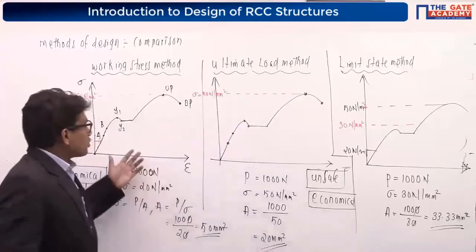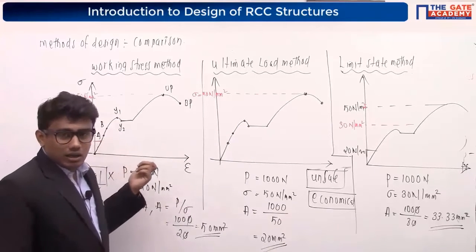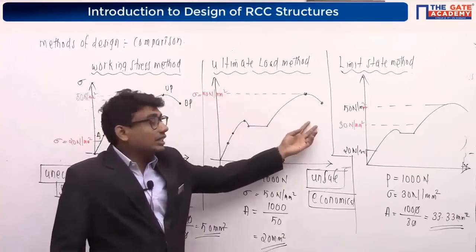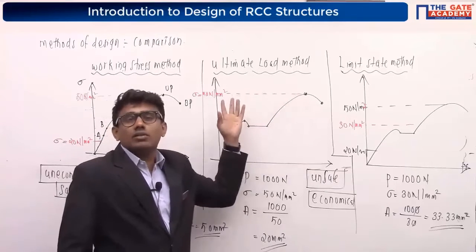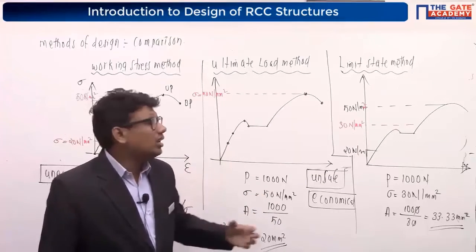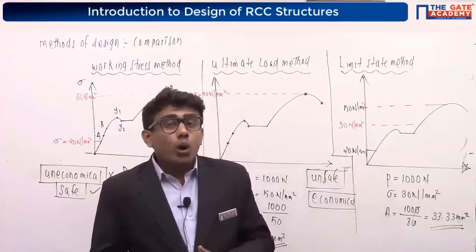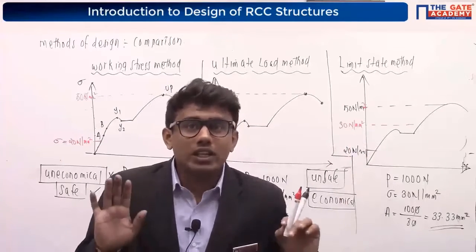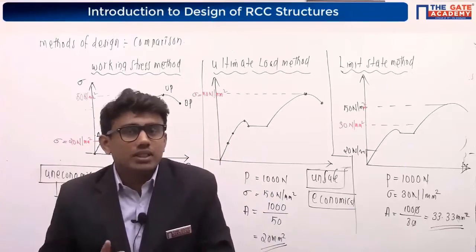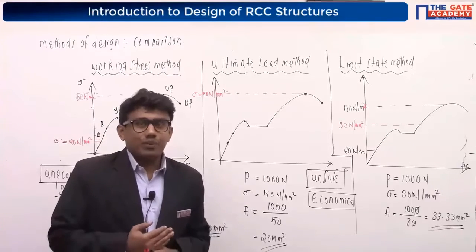Right now, in the working stress method, we will be considering a stress value. We will permit a stress value which is within the permissible limit, the linear elastic limit. That's the reason why we are calling it the linear elastic method. In the ultimate load method, we will be using the entire strength of the member. I will be getting slender or thin members, which is unsafe, but it is economical. In the limit state method, the member which I will be getting will be both safe and economical. I hope it's clear. Is it clear? So that is the basic idea of the limit state method, working stress method, and ultimate load method, right? I think it's clear.